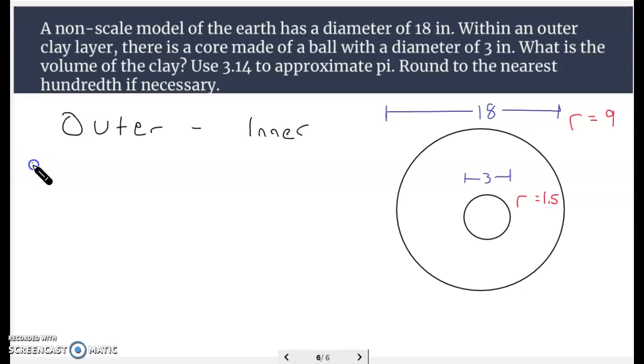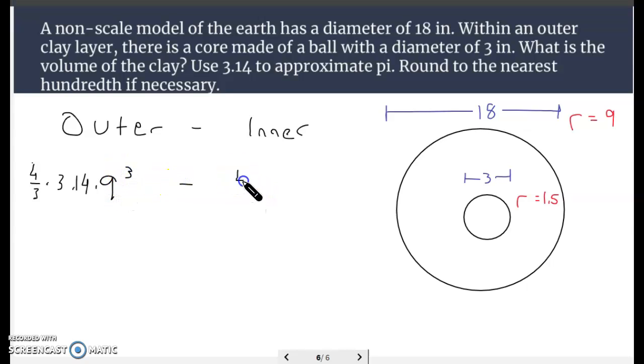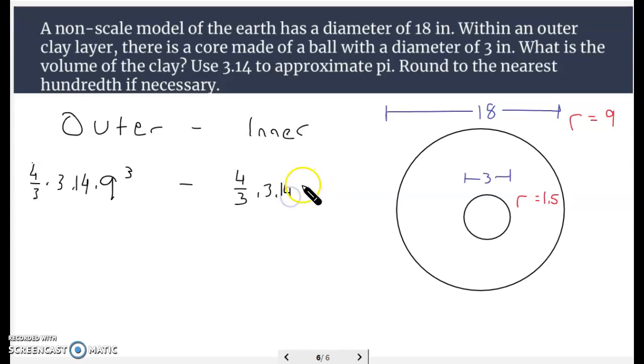Alright, so the outer would be 4/3 times pi times the radius to the third, that's 9 cubed, minus 4/3 times 3.14 times